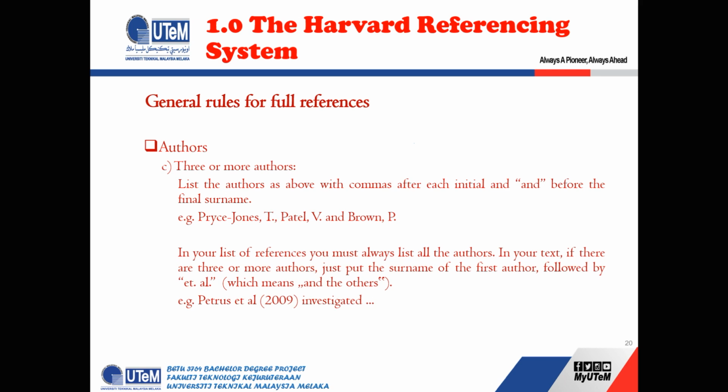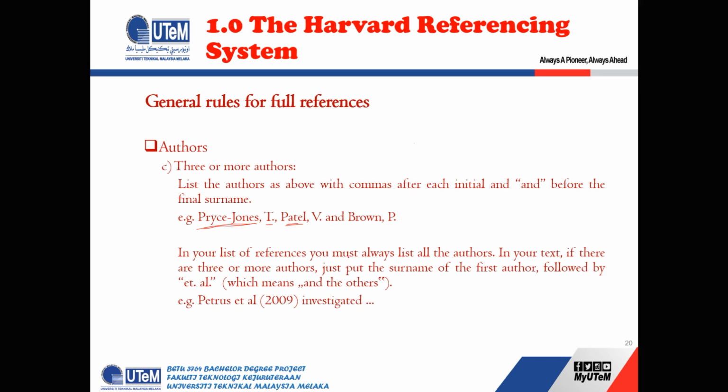When you have three or more authors, you can do the same thing. For example, if someone's name is like this, you cannot separate the first and second name, so you put both of them like this and then the initial here. Let's say these are the last two names that cannot be separated, but the first name can be separated, so you can put the first name here and the second and third name here. Similarly, for someone who has two names, like in the previous example, let's say Varun Patel, you mention Patel first and then V dot, and the same for the others.